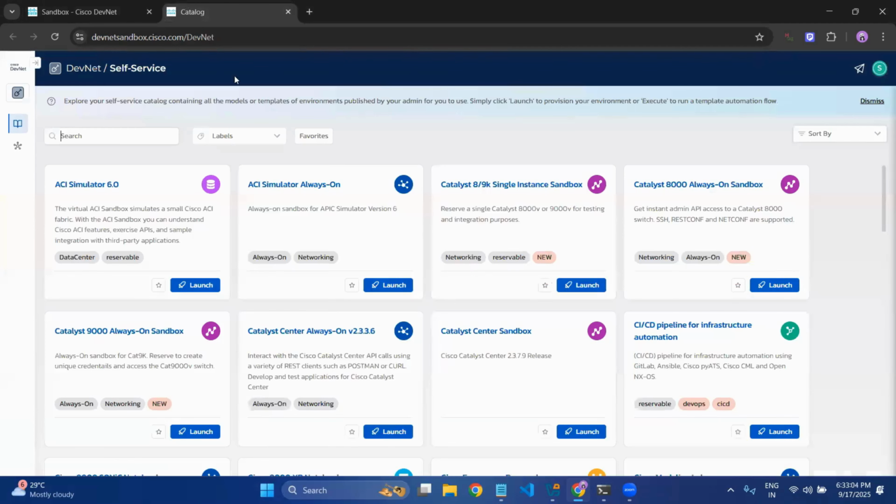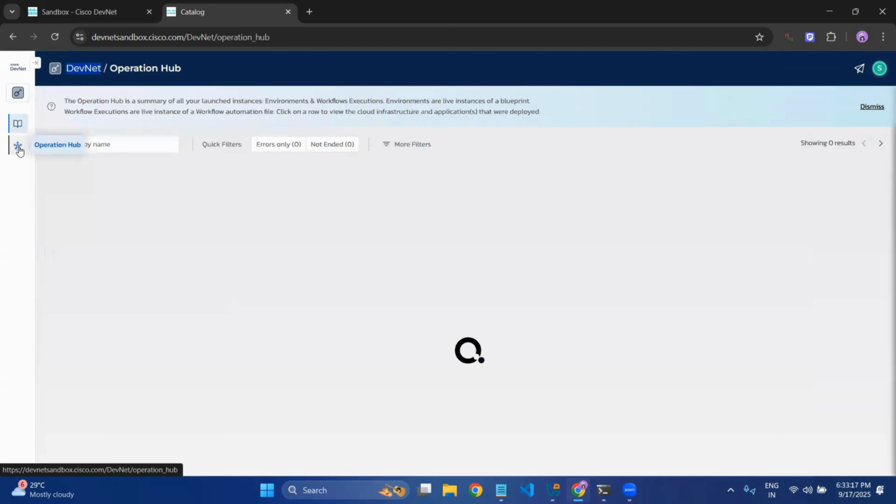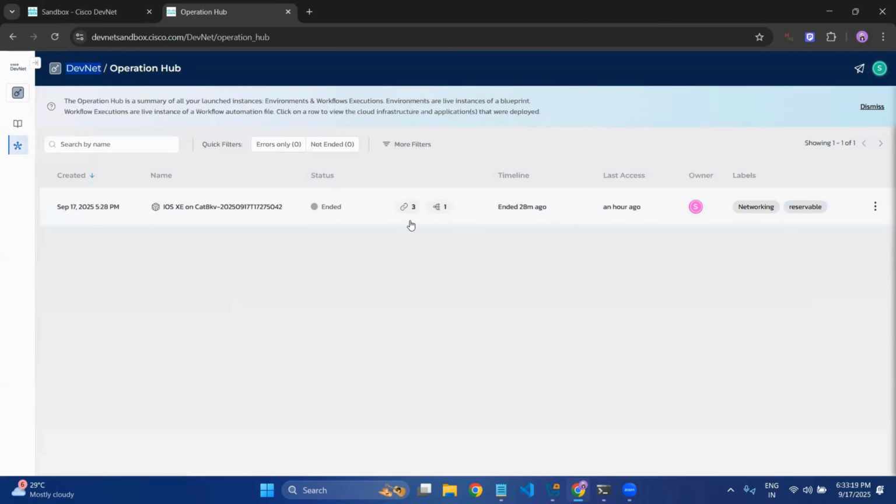Now my catalog is here. Just log in with your Cisco ID or else your Google ID. Here it is mentioned that it's DevNet, only for DevNet, and here is the operation hub. I just work on a single IOS XE device, which gives